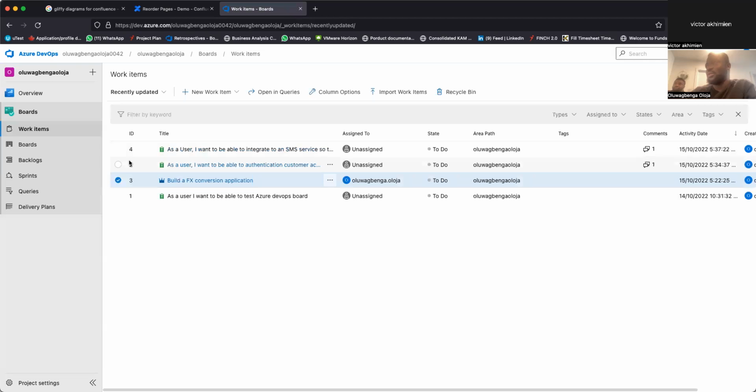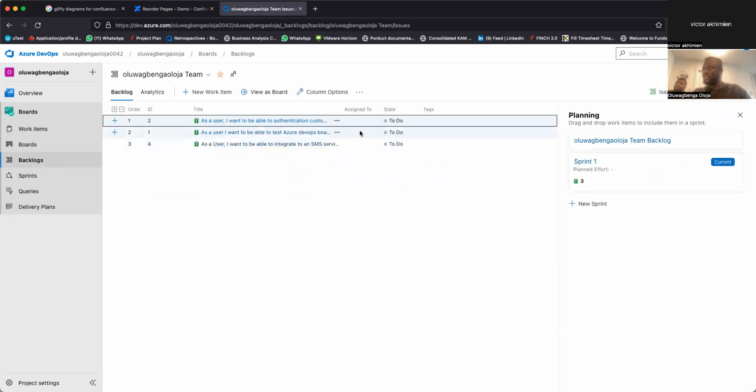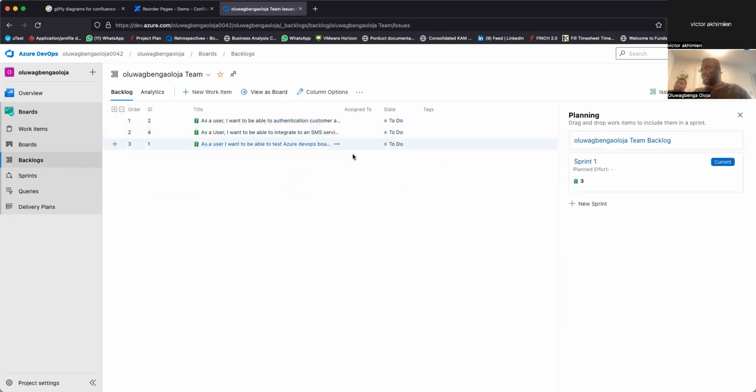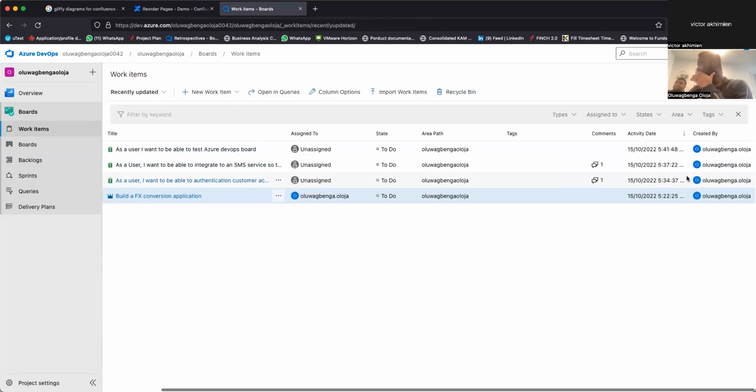Now, for some reason, I don't know why this is not moved. You have to go to backlog to do that. What you're trying to do is done in backlog, right? But it's not reflecting. The other one is reflecting based on recently created, updated. Look at where you sorted it.